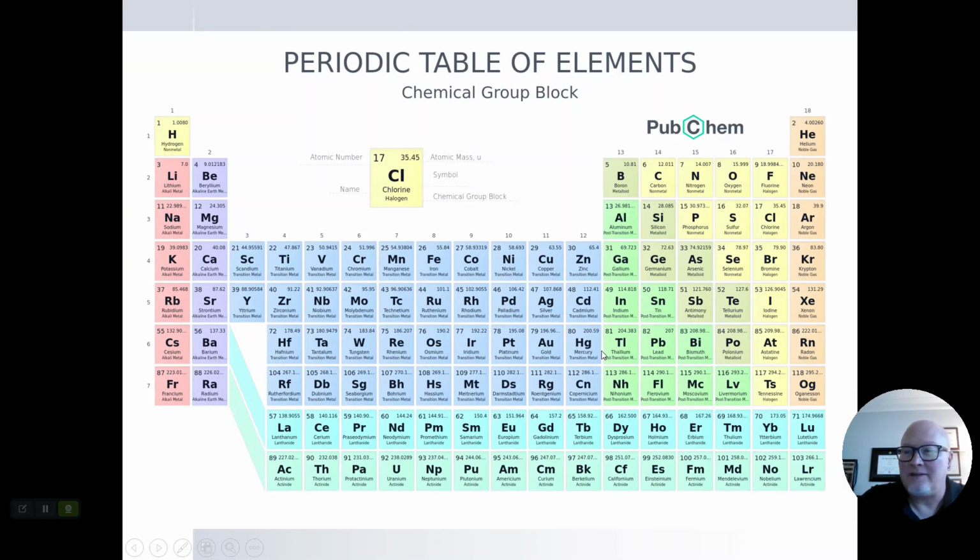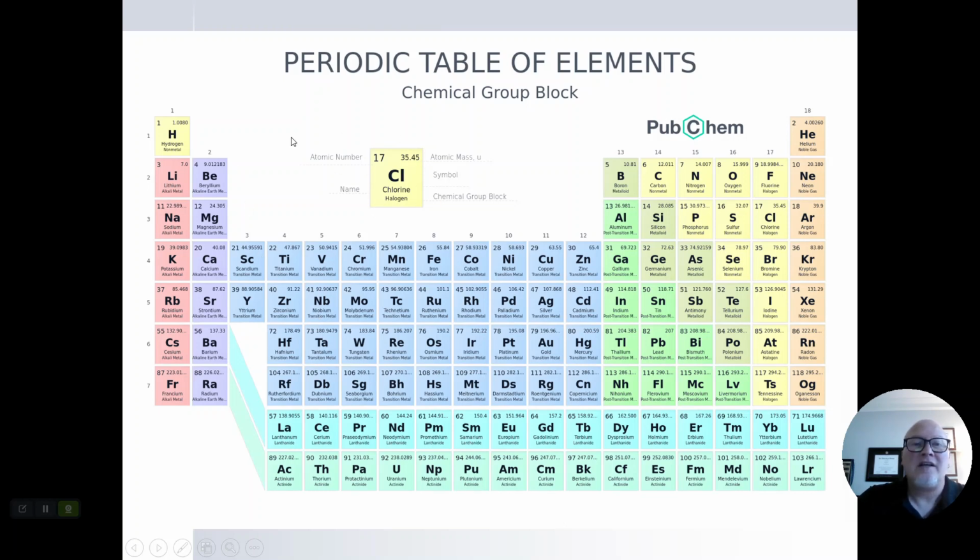To start with, periodic table. Everybody needs to familiarize yourself with the periodic table. The periodic table is the best cheat sheet you'll ever have for anything that has to do with chemistry. Hopefully in your chemistry courses you've learned how to take a look at this. But real quick,